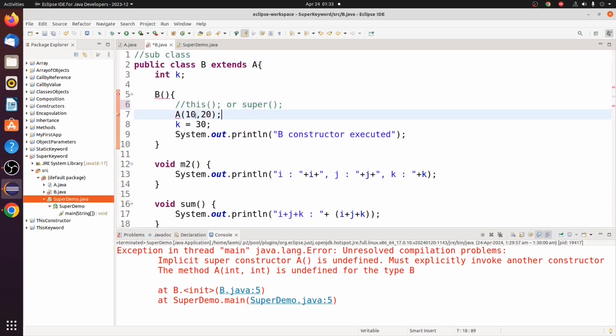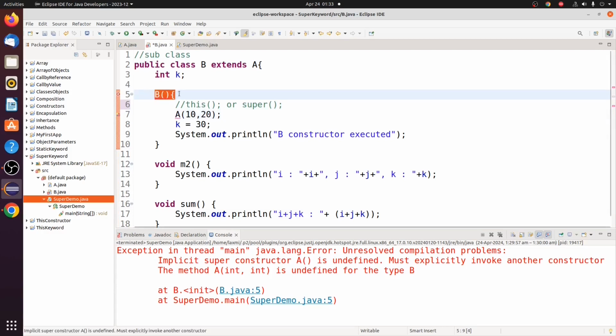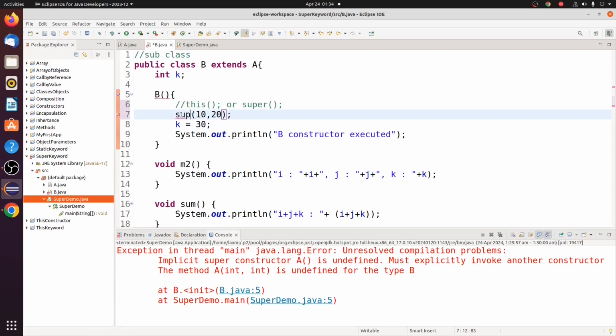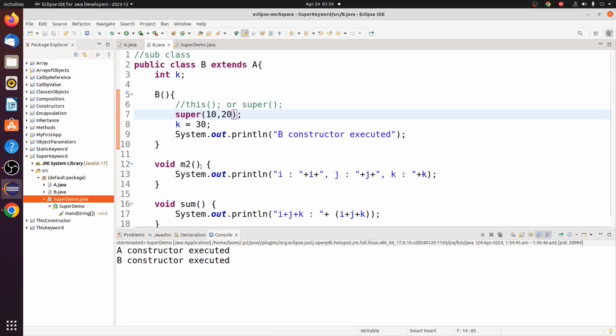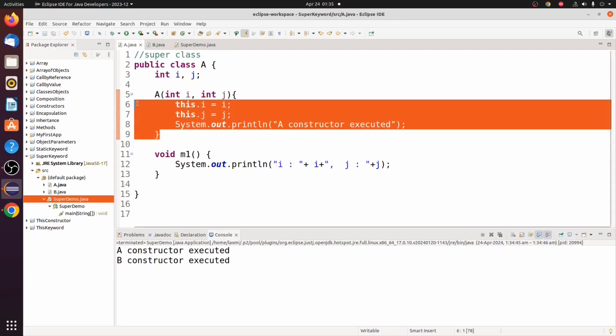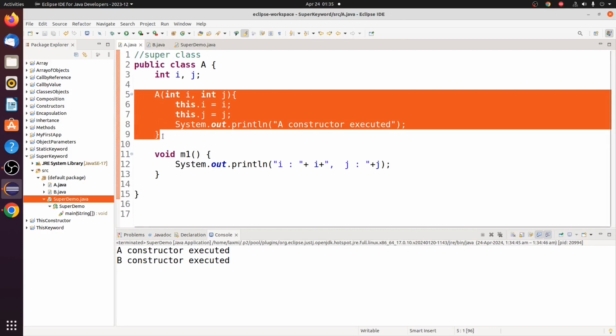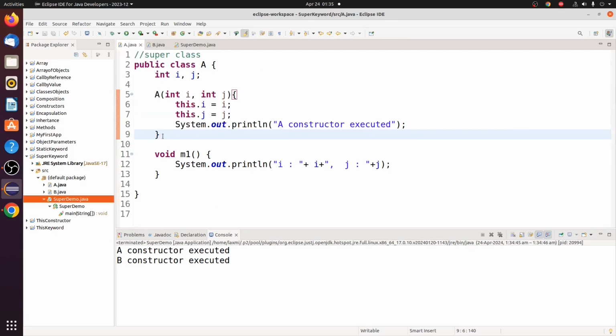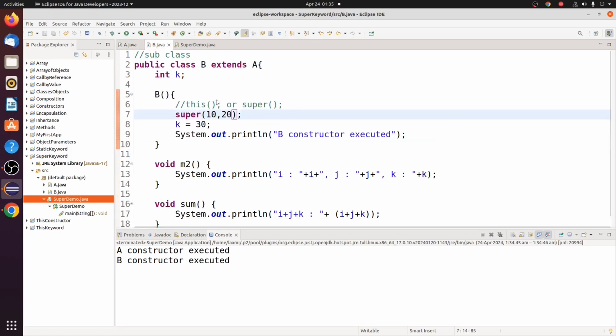But here we want to call the superclass A's constructor from the subclass B's constructor. So we need to use super with appropriate arguments. Let me save this. Then it will be executed. If we are not providing any default or no argument constructor in the superclass, and here we define a parameterized constructor, we do not have any default constructor. Then we have to call the superclass parameterized constructor explicitly from the subclass by passing